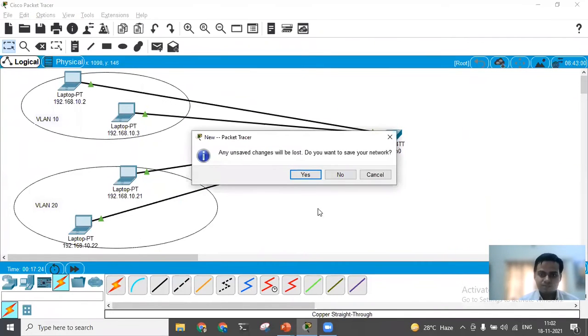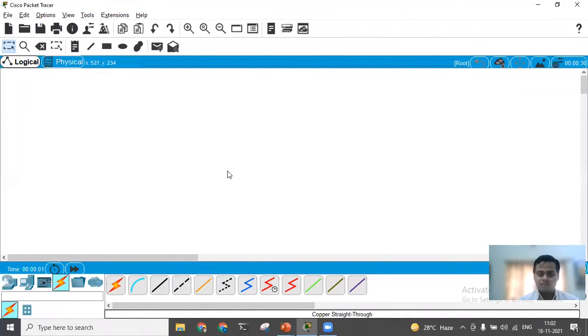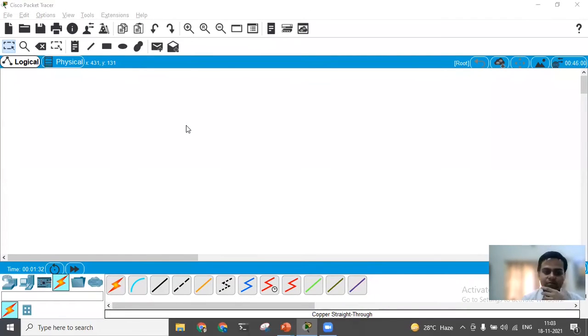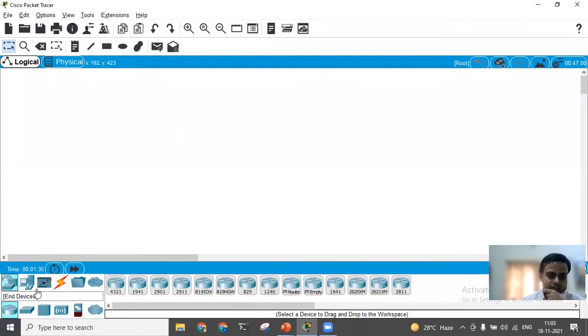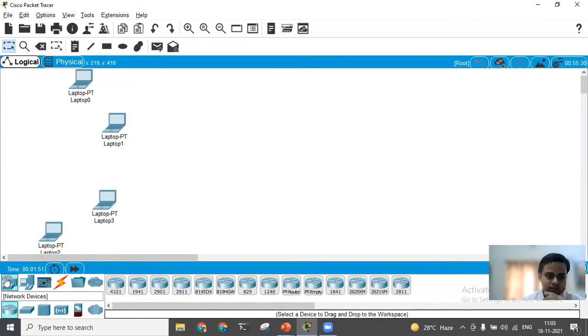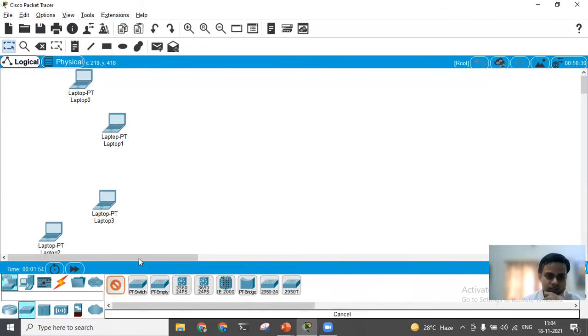So I'll just make a new blank system over here, and we will start with this part now. And this concept of inter-VLAN demonstrated, what we can do is we can take a few end devices first. Let us take a few laptops, the same thing which we had done. I take another laptop here, another laptop here. And what I would now do next is I would go to switch, take a basic switch. And now same thing,